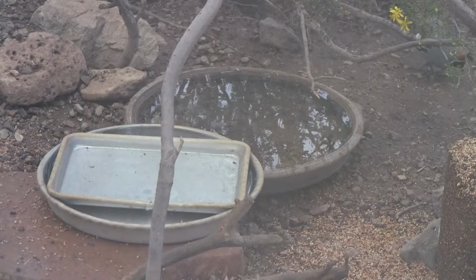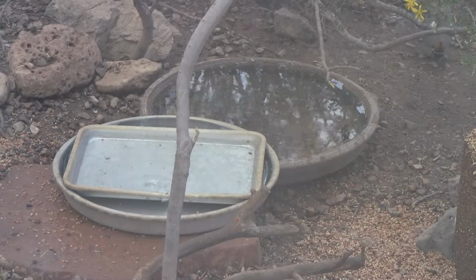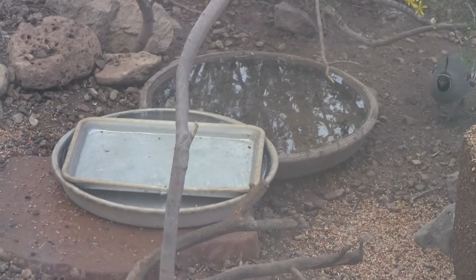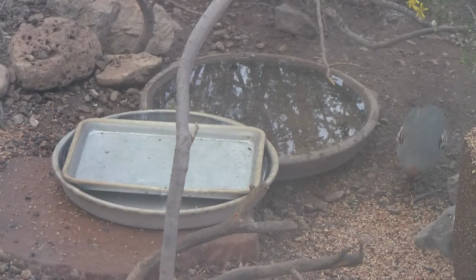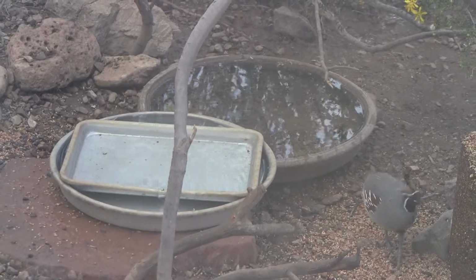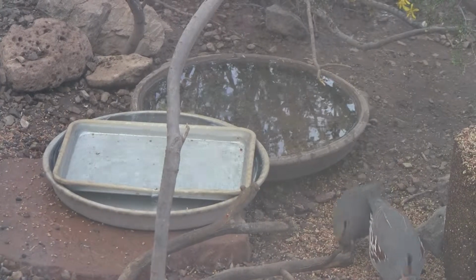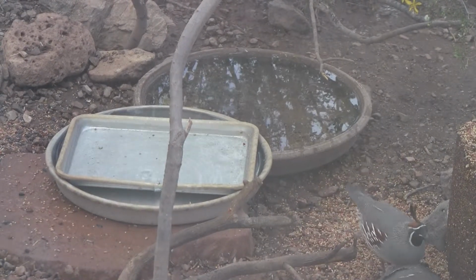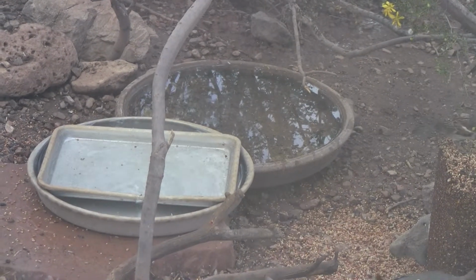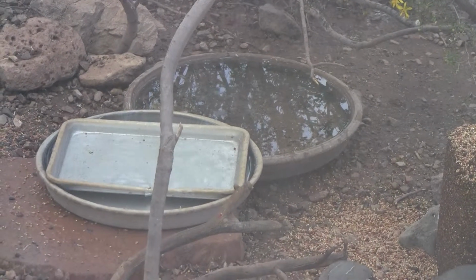You could use some type of water fountain here, I guess, but I don't have anywhere to plug that in from where I have these water bowls. And those would probably be pretty expensive. So anyways, this is my water setup, and for those of us in the Southwest or wherever it gets very hot, this is probably the most important piece of the entire setup, because if the birds are not hydrated or do not have water,